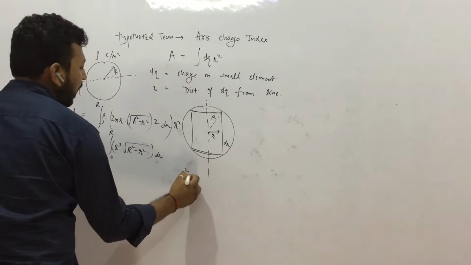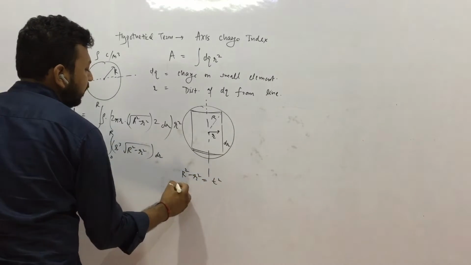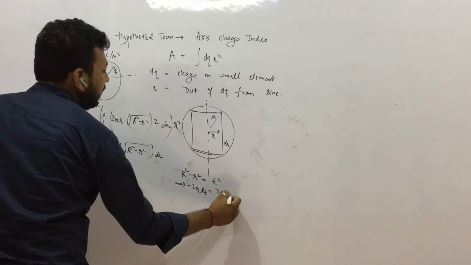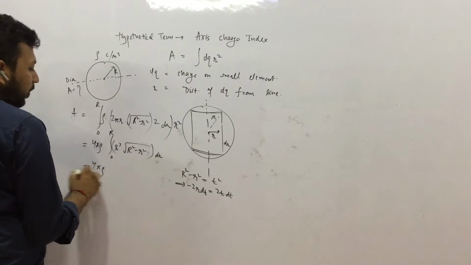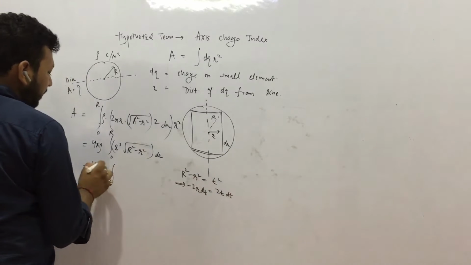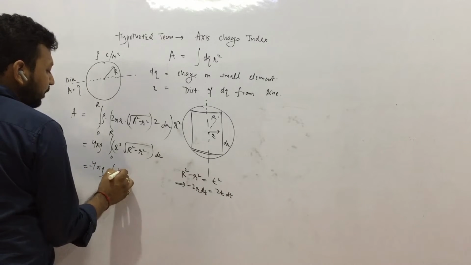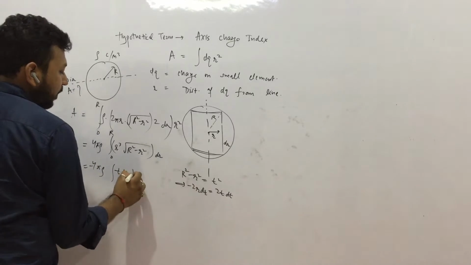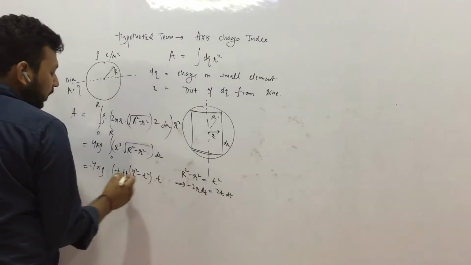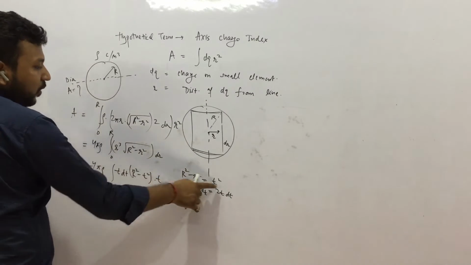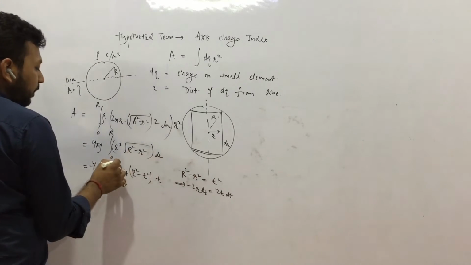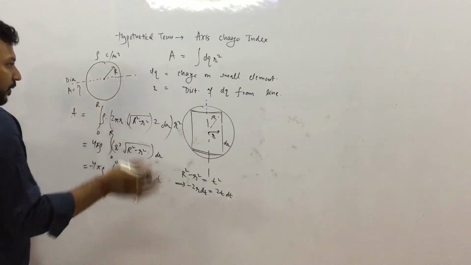Let us take R square minus r square is equal to t square. From this we have minus 2r dr is equal to 2t dt. So r dr is minus t dt, that means t dt remains. One r square was there, and r square will become R square minus t square, and this value is t. When r is 0, t is R. When r is R, t is 0. Using the negative sign, we will invert the limits.